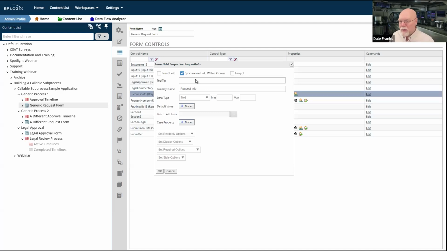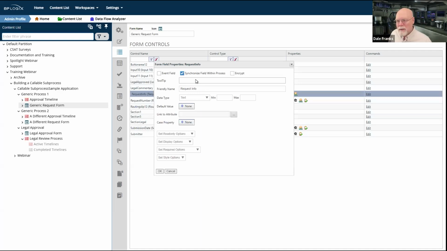So some caveats about using this. Only one form field on one form. Well, let me back up because I was about to explain that in a very confusing way.